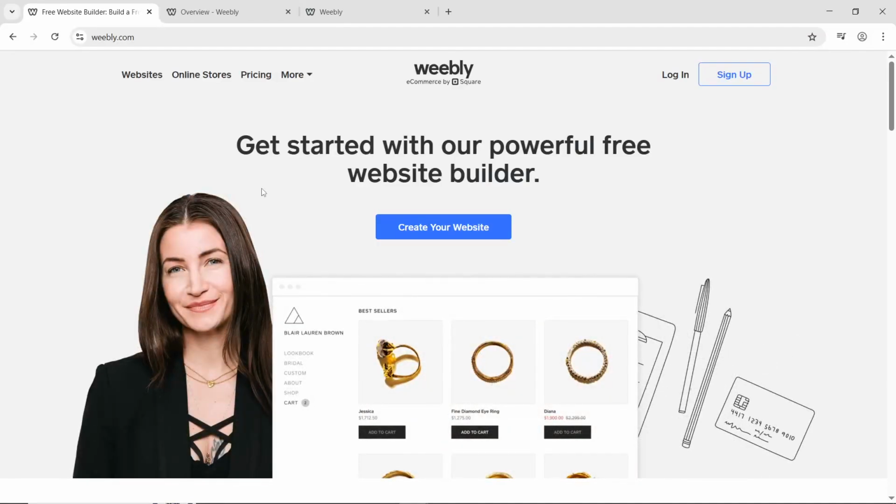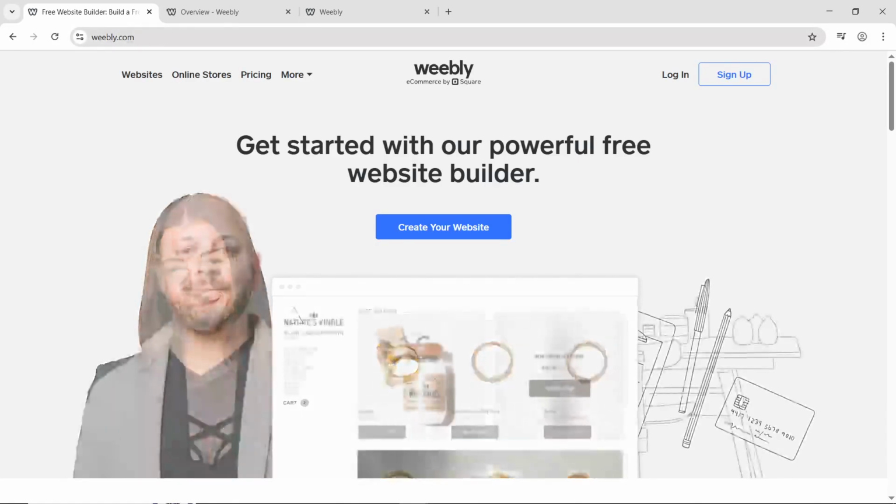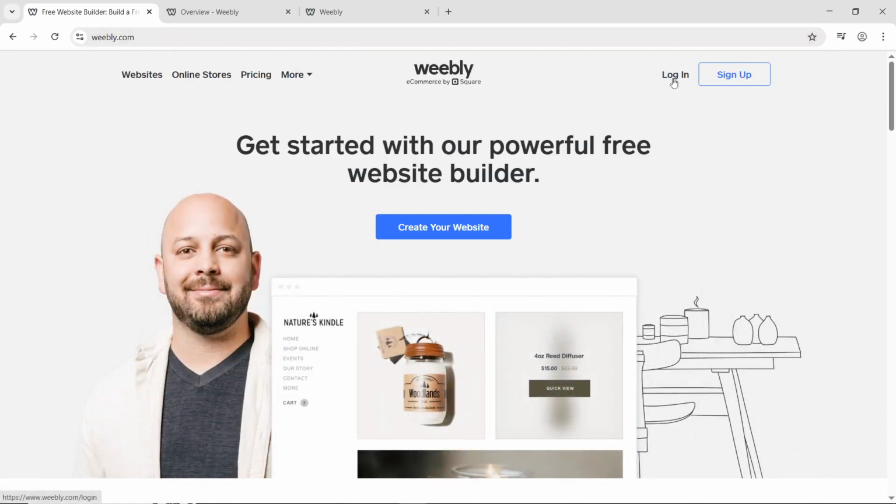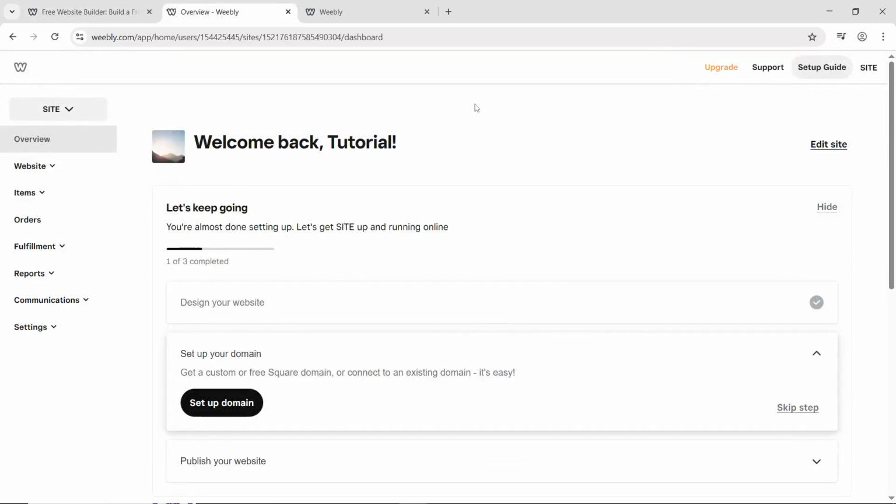First, open your browser and navigate to Weebly.com. Once you're there, go ahead and log into your Weebly account using your credentials. After logging in, you'll land on your homepage, which serves as your main dashboard for managing all your Weebly sites